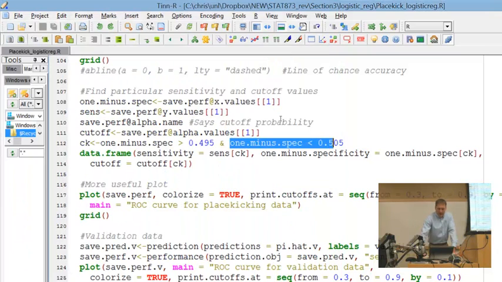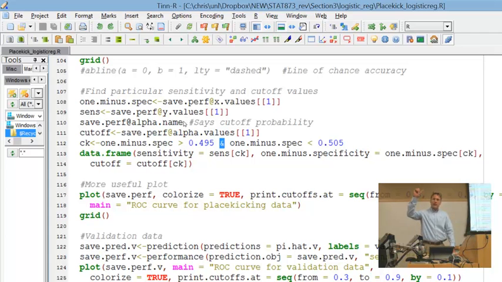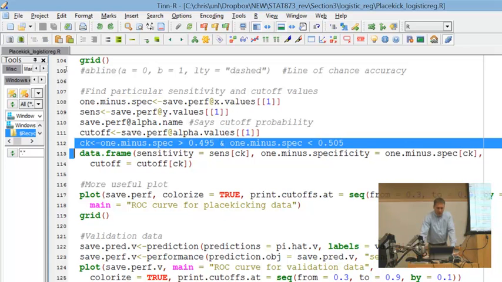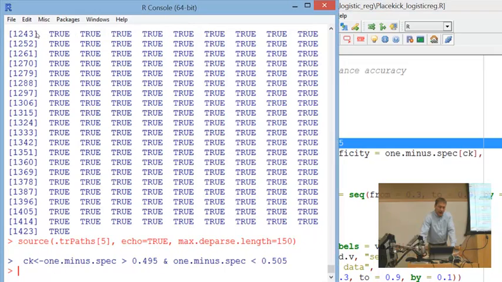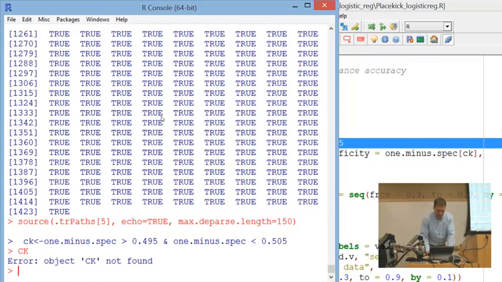I look at the same thing for 0.505, but now less than that. And then I want to combine those, so I'm looking at a range right around 0.5. To combine the two, I simply use an ampersand, which means and in R. When I execute that code and put it in an object called ck, for check,